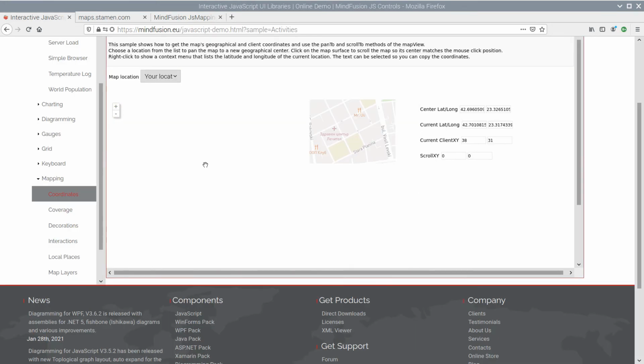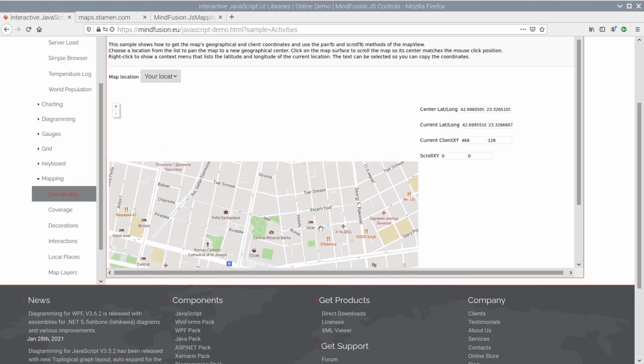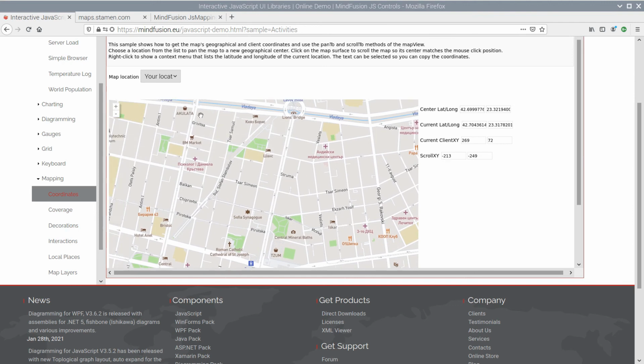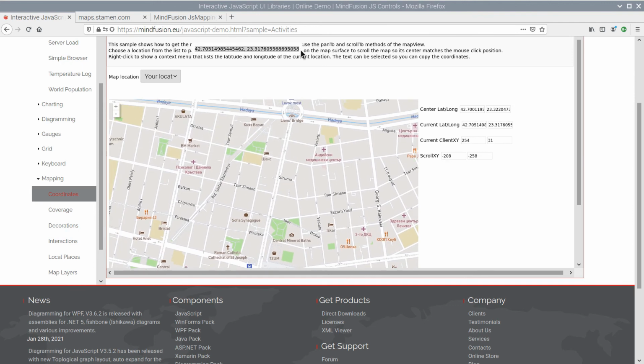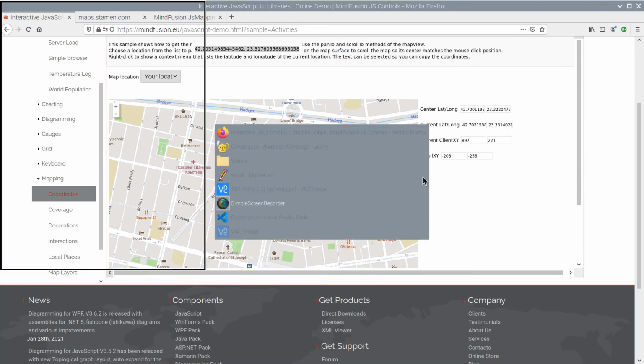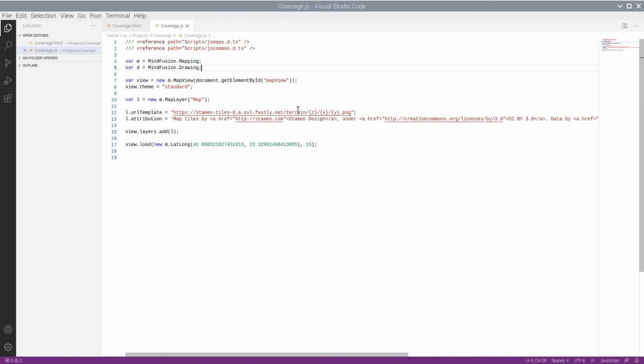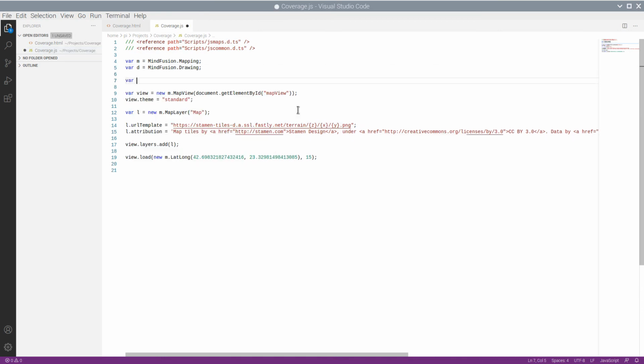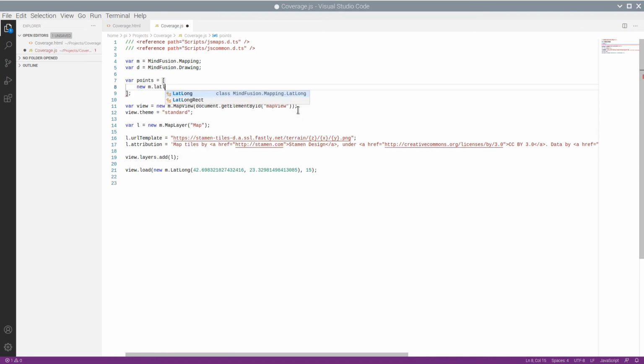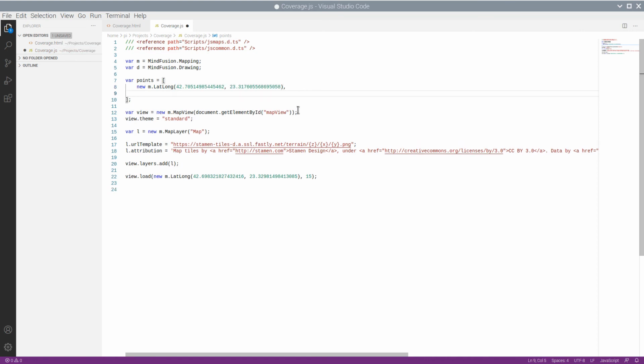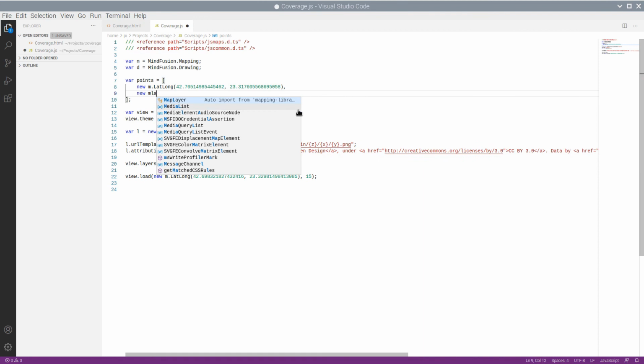We will use the sample to get the coordinates of the edges of a polygon that will represent our first area. We create an array that will hold 4 lat_long objects that represent those coordinates. Of course, when you develop your mapping application, the coordinates of points to appear on the map will most likely be provided to you.